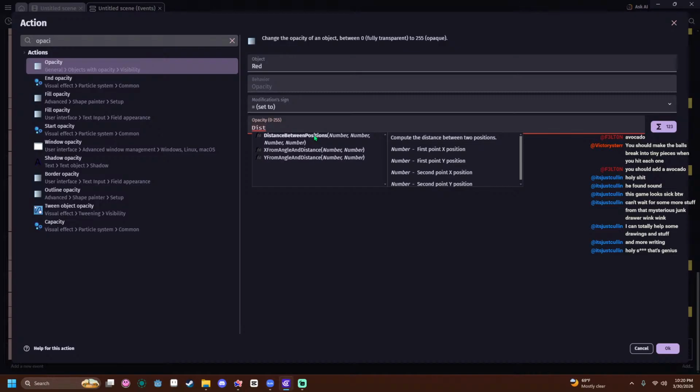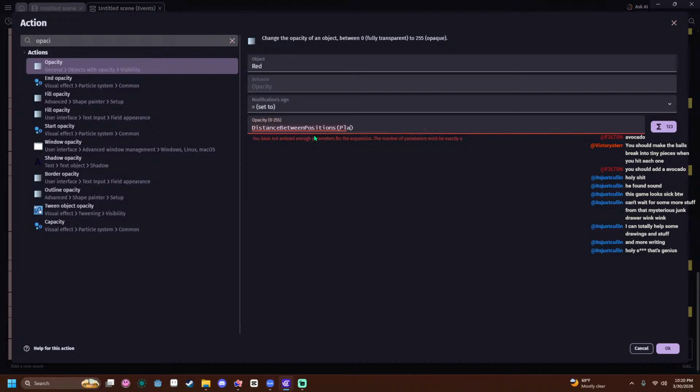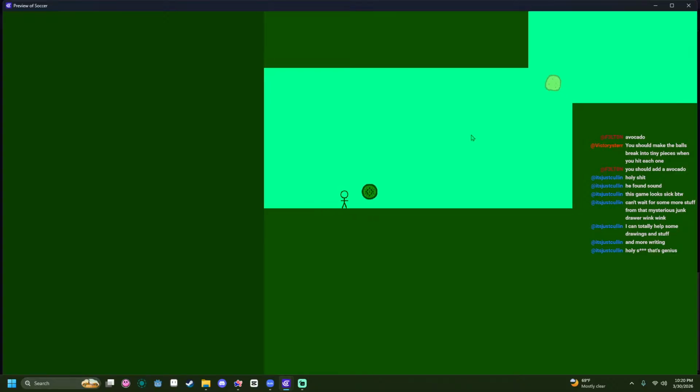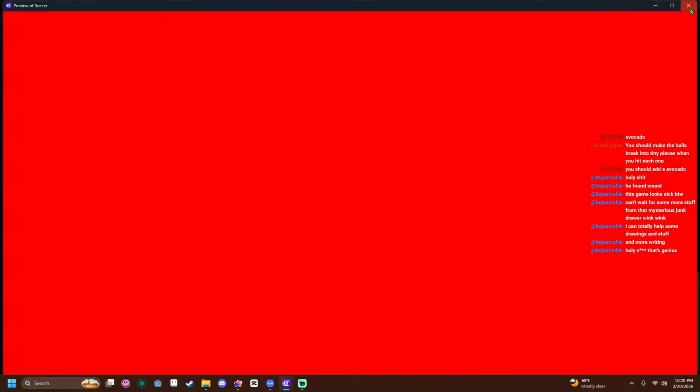Number. Gotcha. Okay, so player X, player Y, ball X, ball Y, like that. And then that right there should automatically, the second it gets out of 1,000 pixels, instant red.